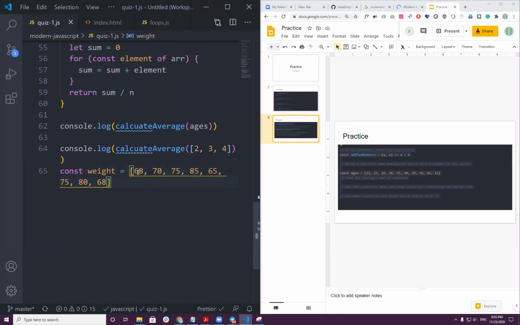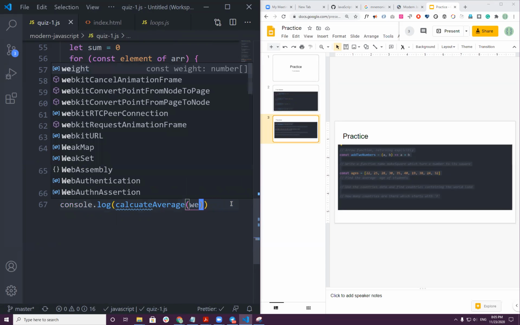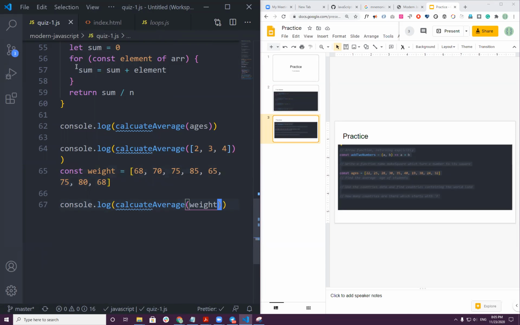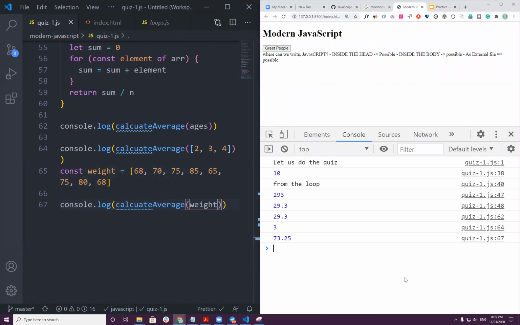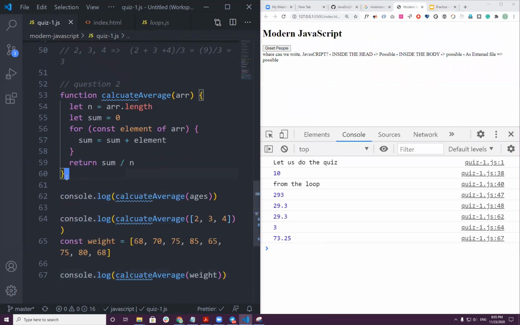You can add any. Then I can call my function again and pass this data. I can call weight, so I should get my result here. The average weight of my students is 73.25 kilograms. So this function is robust. It can calculate the average of anything.